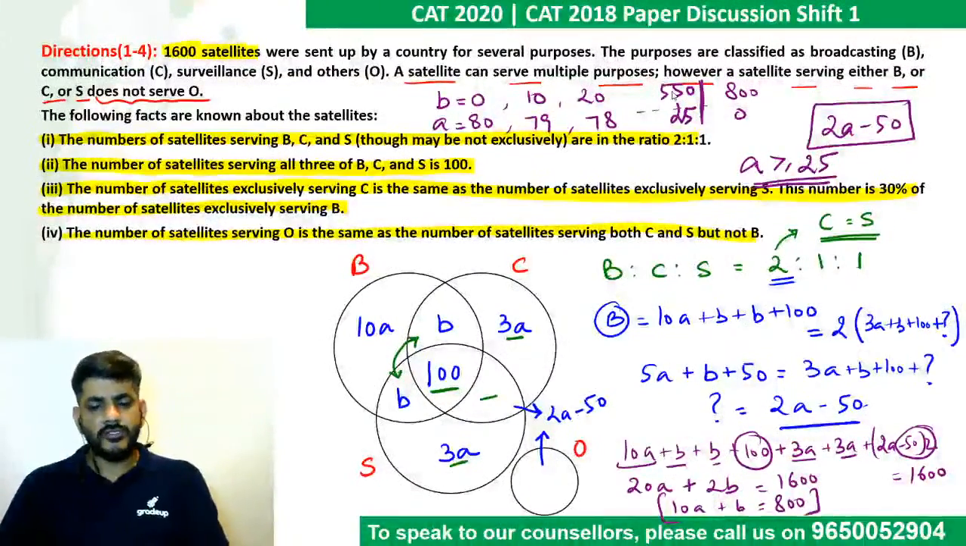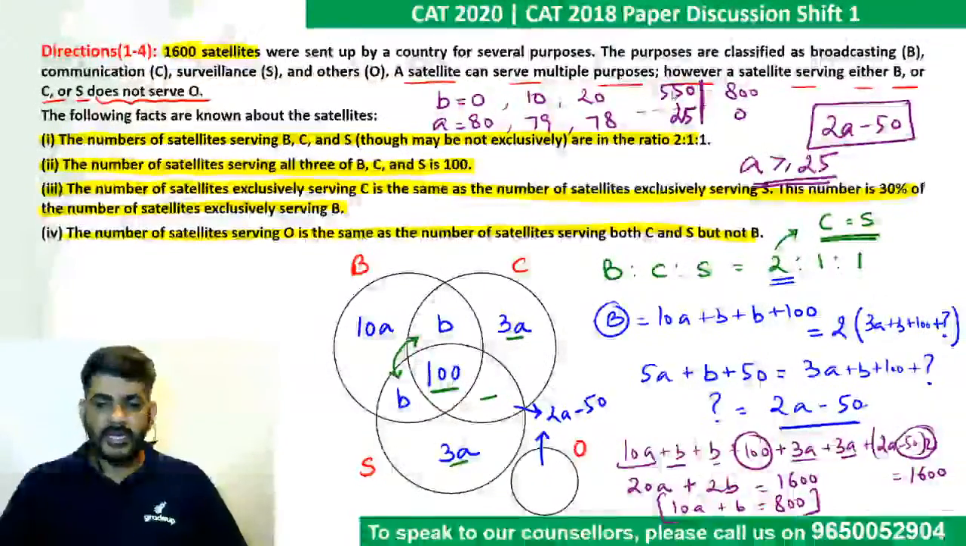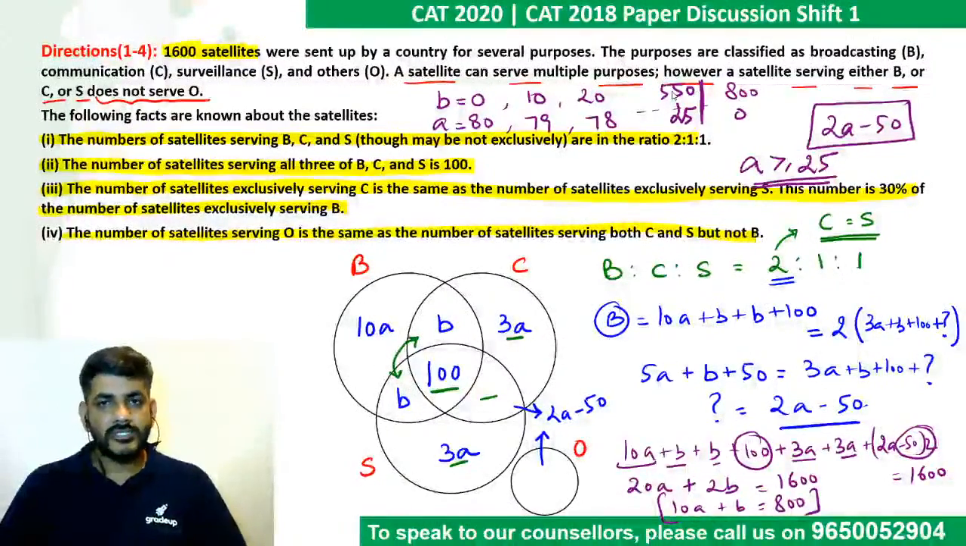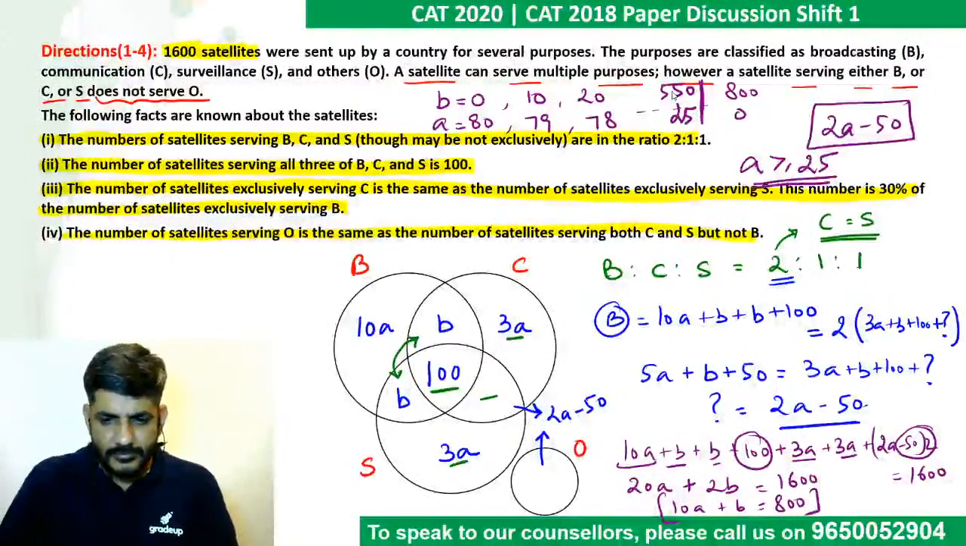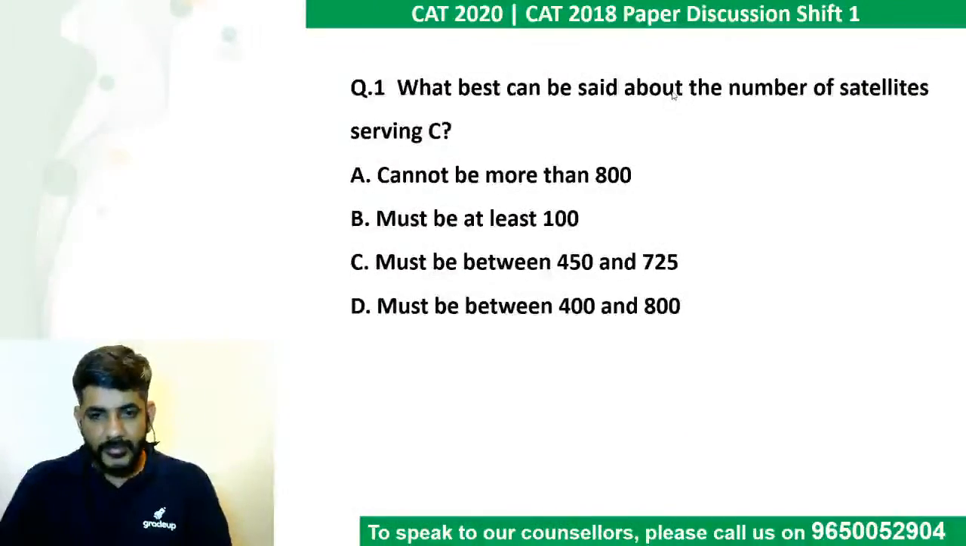So now I have this value. So I have got all these values. By putting the values of B, I can get all of them. So now I can just move on to the questions. Let's see what all questions can be there. Okay. Let's see, guys. So the first question that we have here is, what best can be said about the number of